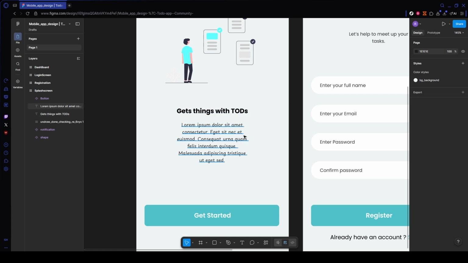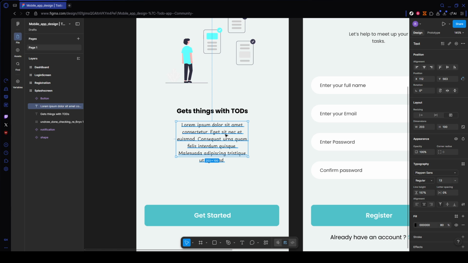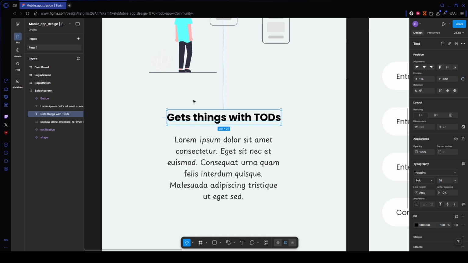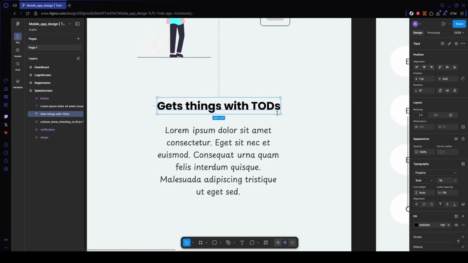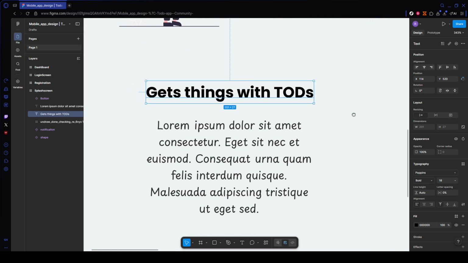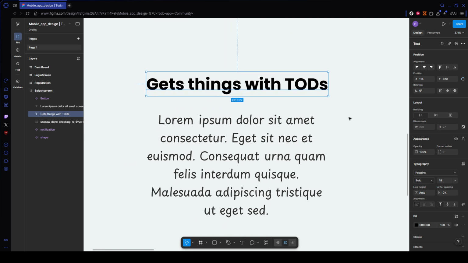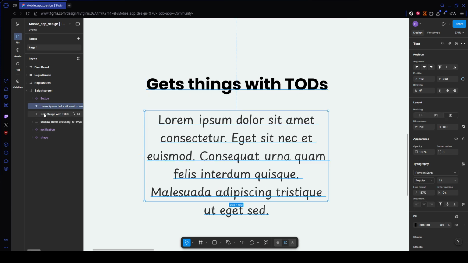Next, select the text you want to change. Click the text layer once to select the whole object, or double-click to place your cursor inside and highlight just part of the text. Selecting the entire layer changes the font for all of it. Selecting specific words lets you mix fonts or styles inside one text box. If you're unsure what's selected, glance at the Layers panel on the left or look for the blue bounding box